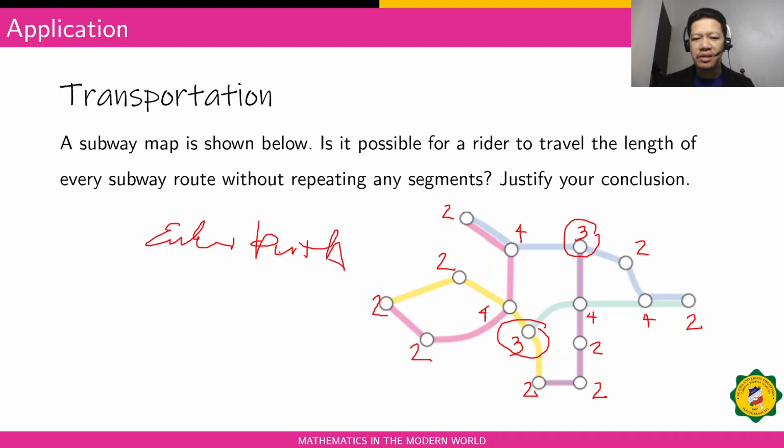So if there is an Euler path, is it actually possible for the rider to travel the length of every subway route without repeating any segments? Yes, because that's actually the definition of an Euler path. If he starts with this vertex, he can actually pass through all the other edges or lines exactly once, and he ends at the other vertex with an odd degree, this one. So to answer this problem, yes, it is possible. Okay,